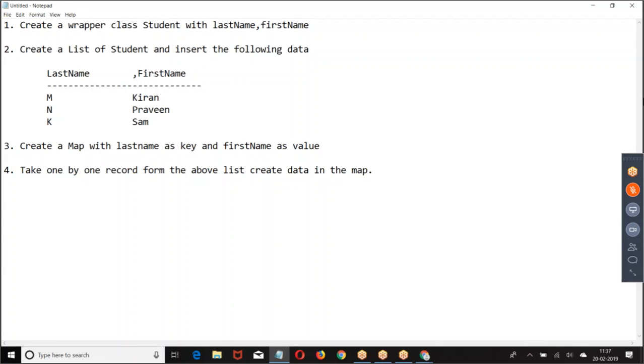First, take step number 1. What is step number 1?